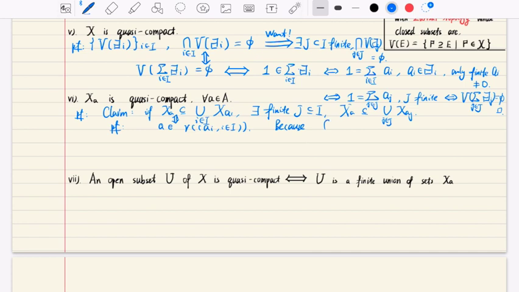The meaning of this is just the intersection of all AI is contained by VA. Okay, I betrayed my belief. Anyway,